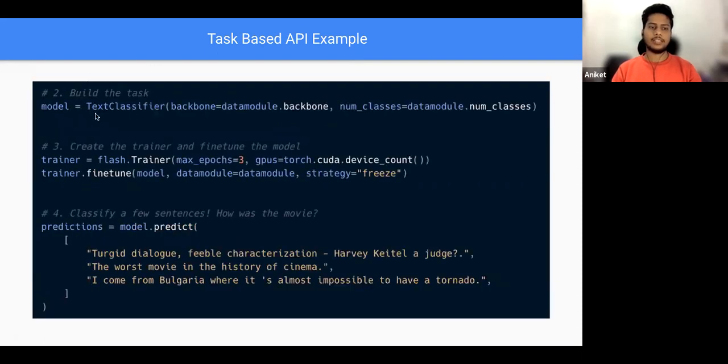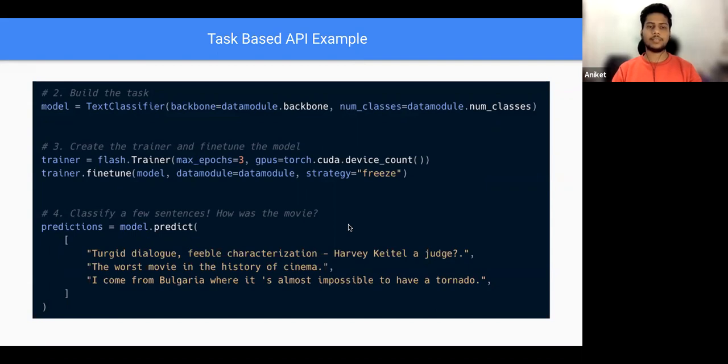After this, I instantiate a text classifier model, and then I create a trainer. I specified maximum epochs, number of GPUs. I then fine-tune my model with strategy freeze, which basically freezes my backbone. After fine-tuning, I can predict on the text that I have.